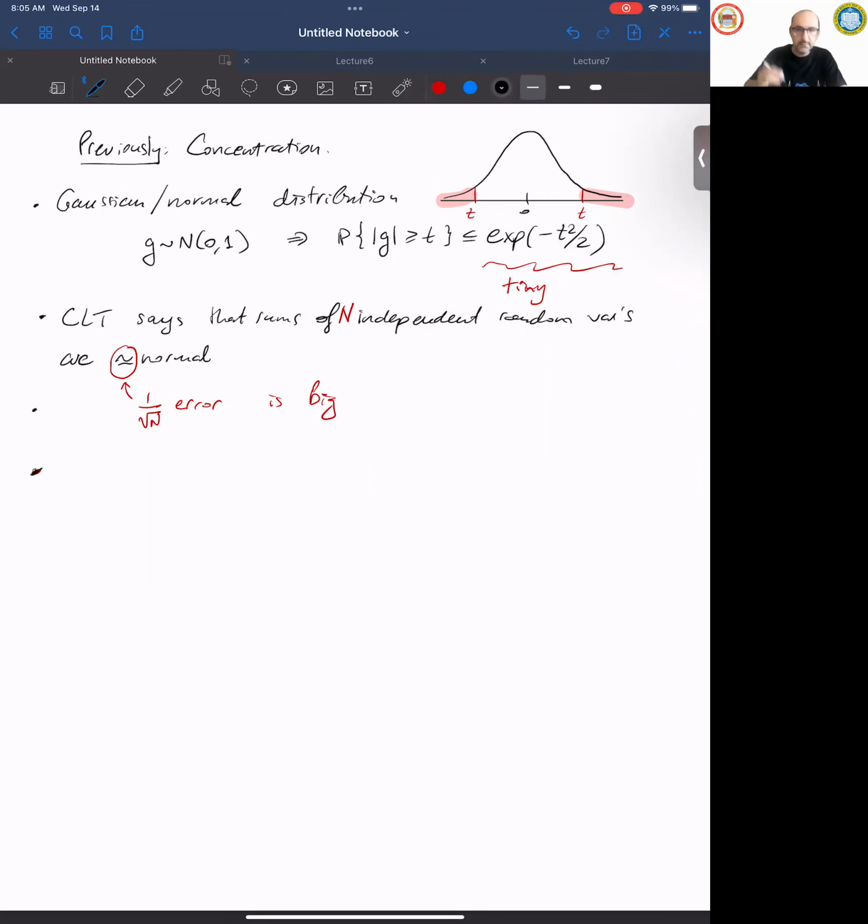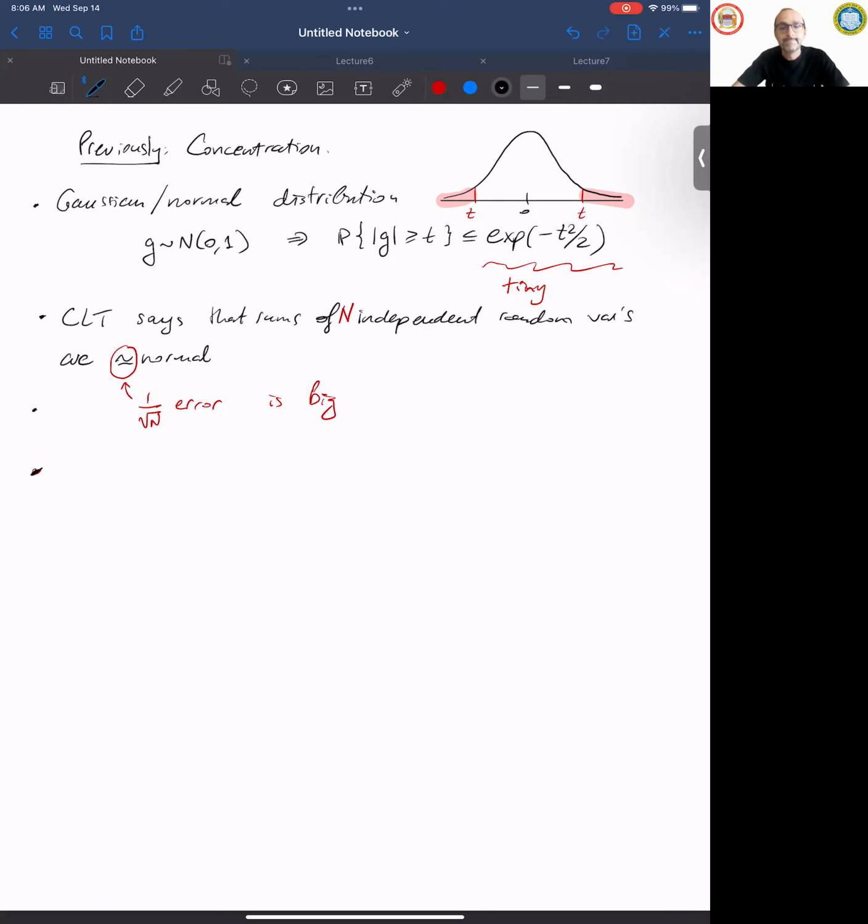Because in fact, think about what you learn about flips of coins, and how confident we are that if you flip the coin n times, the number of heads will be around n over 2. We build these confidence intervals based on the understanding that things are approximately normal, and that's not true. They are approximately normal, but the approximation is too bad. So what do we do? We give up on the normal distribution.